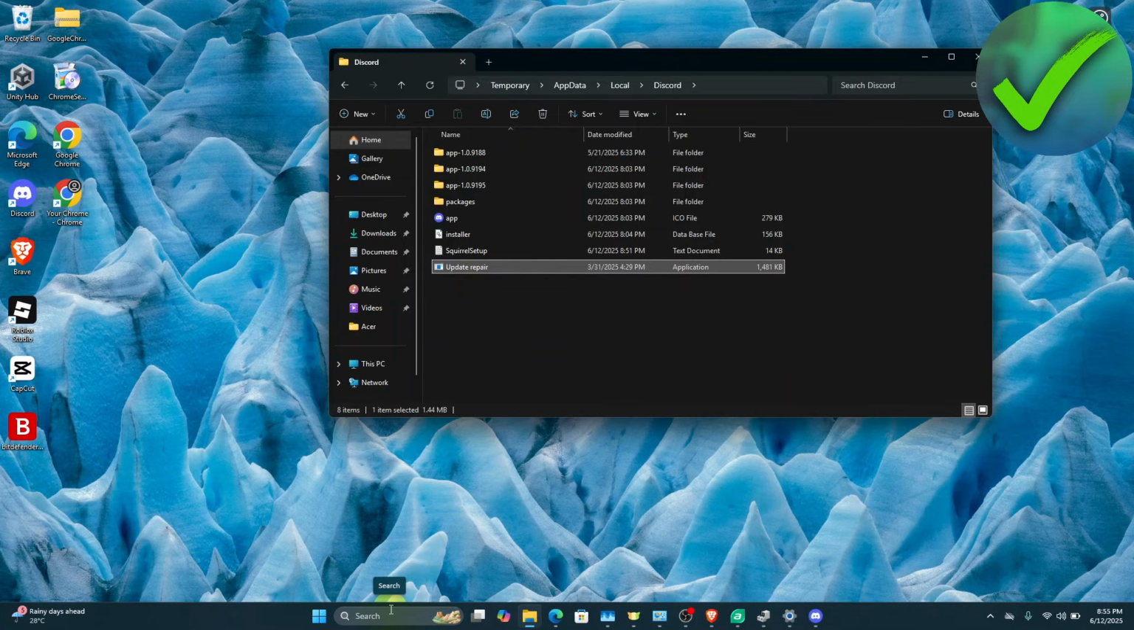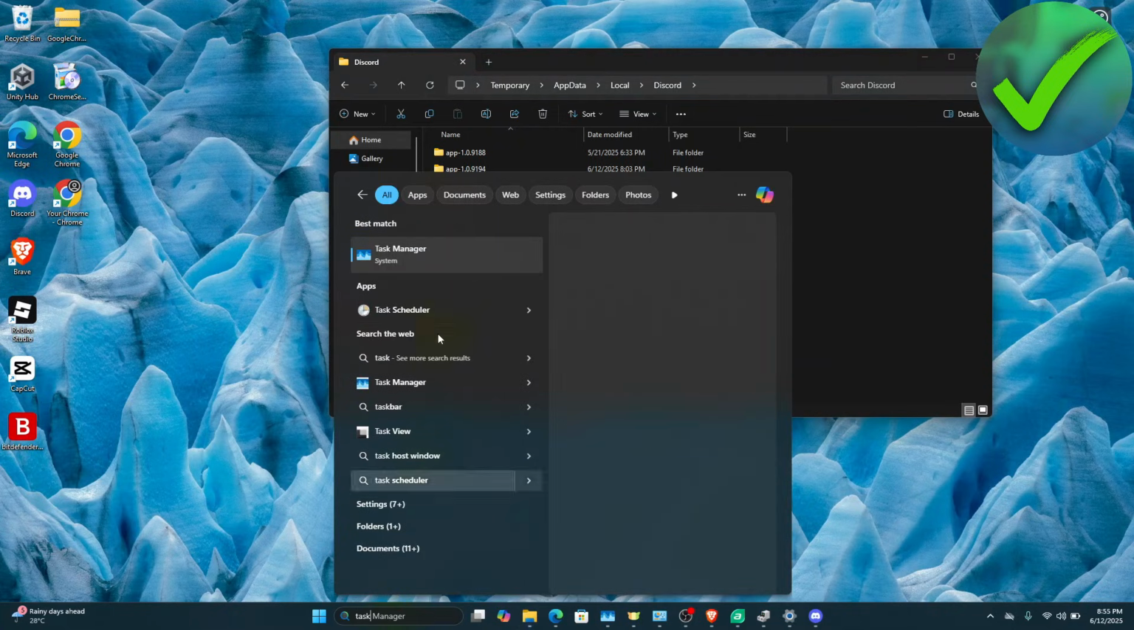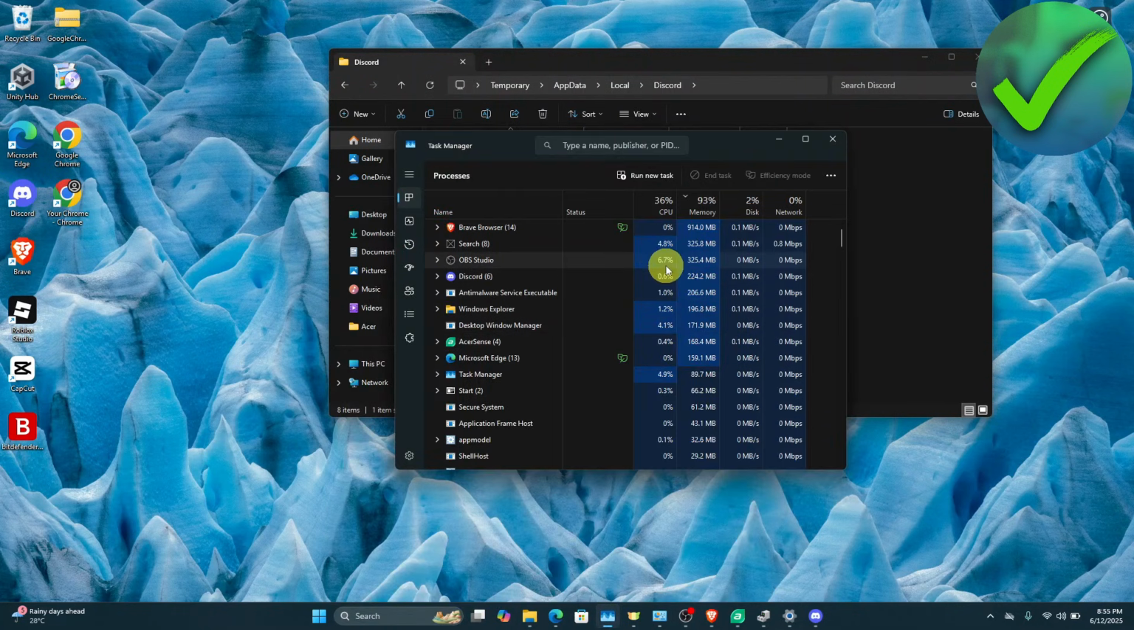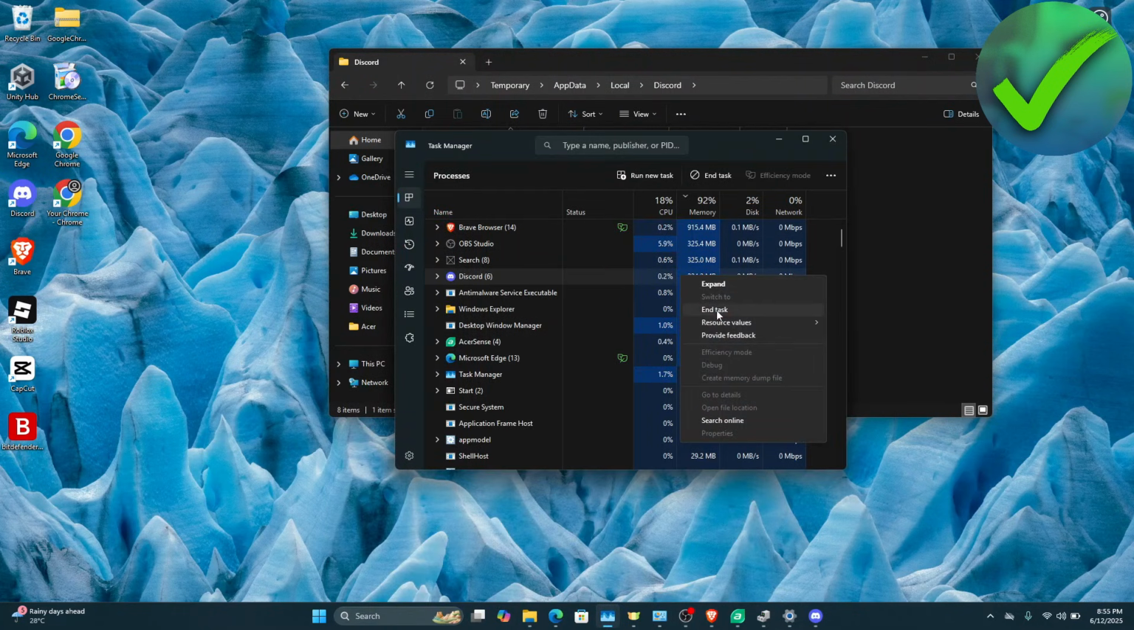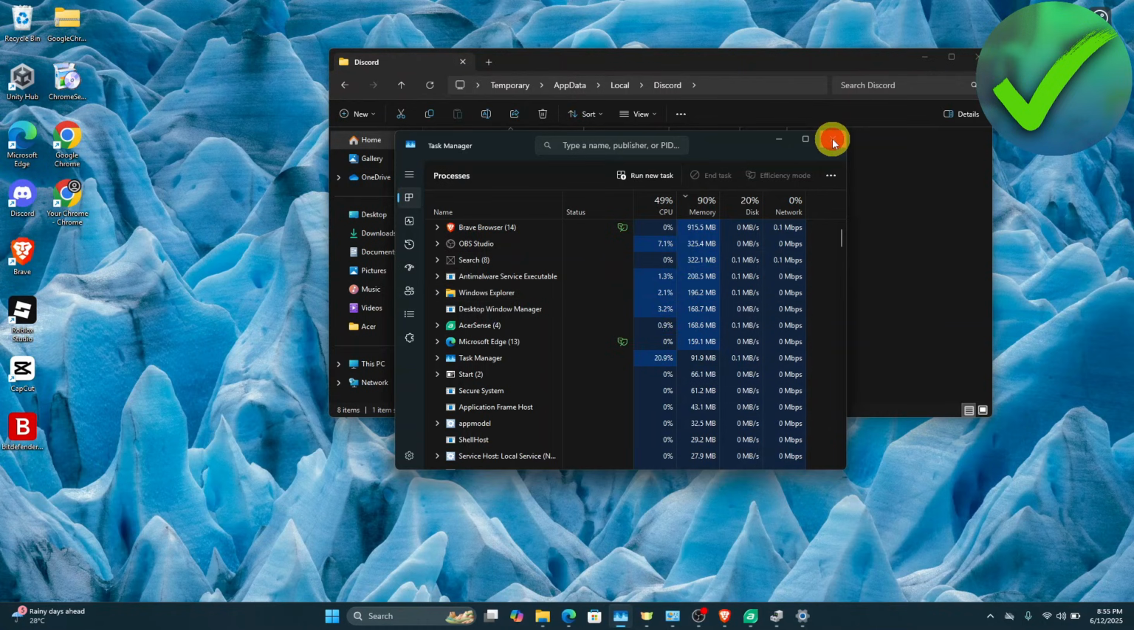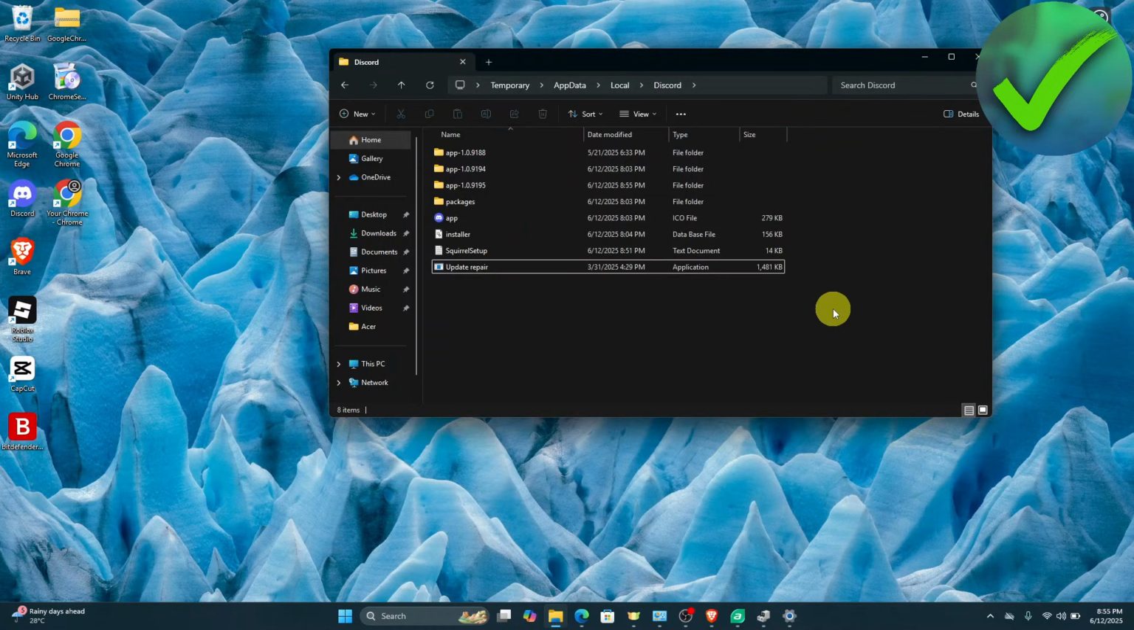And then once you do that, what we're going to do next is to go on the search bar again and then open Task Manager. And then what we're going to do is to look for Discord and then right click on it and then click End Task. So once you click End Task right there, just open it again and see if it is now working. But if it is still not working, the next thing that we need to do is to go